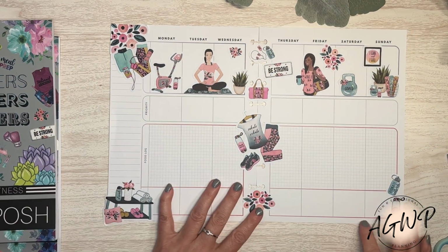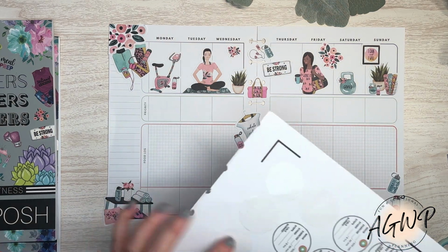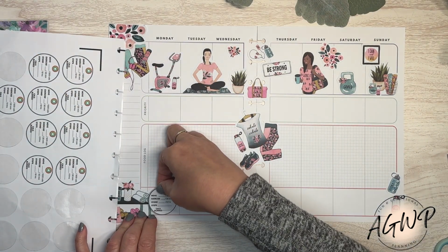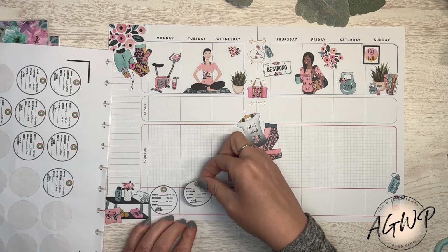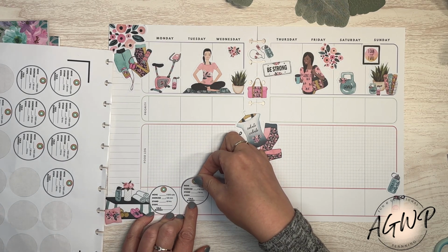Now that that's here, we can go ahead and add my Apple trackers, my Apple Watch trackers. These I made myself. I actually think I made these in Canva. I thought I made these in Word, but the square ones I made in Word. I think this one I made in Canva just because it was easier for me to do it in Canva